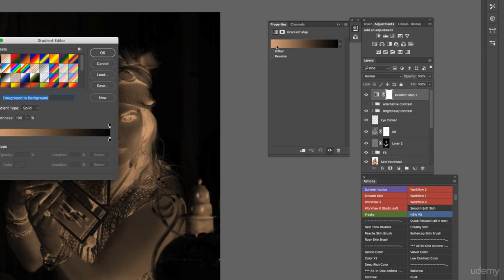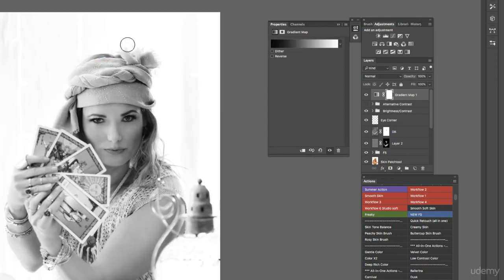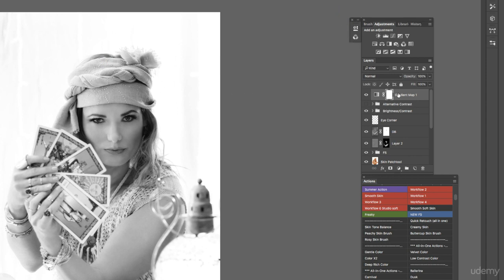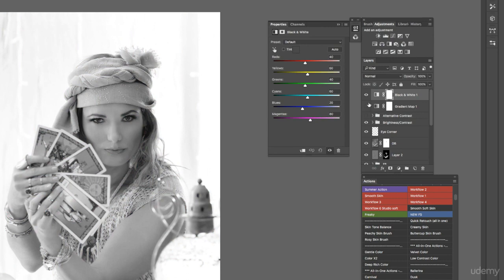And we want to use, we click into this area here, and then I want to have it as a black and white image. And I often use this just to see, does this picture even work in black and white? And you can see now also the difference if we just say, okay, we keep it as a black and white for now and toggle this off, and then we go back into our black and white, and you can see now the quality difference in the black and white in this adjustment and the gradient black and